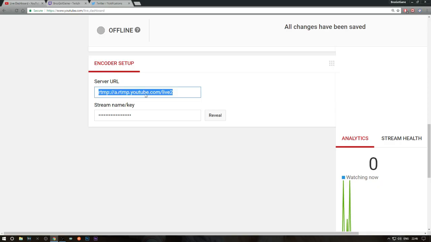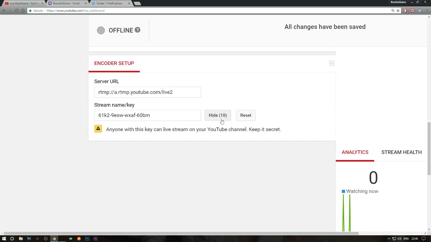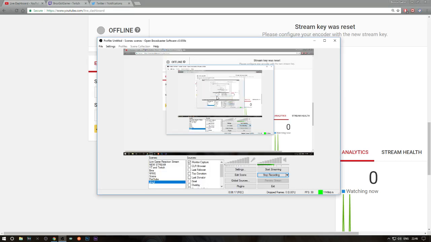Also, you got your stream key and your server URL. Most likely, you won't need the server URL. However, the stream key you will definitely need. Reveal it. What I like to do is reset it a couple of times, and then you go ahead and copy that stream key. So if we go back to OBS, which is a software you have to download to